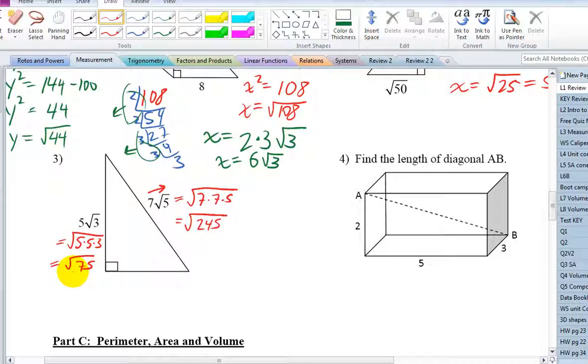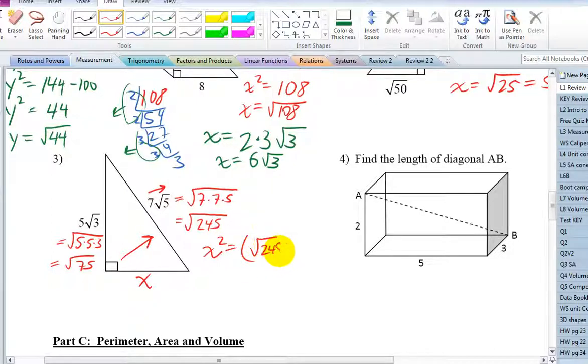Right. Okay, so let's find, what letter should we call this here? A, sure, M, B, anything really. What letter shouldn't you call it? C, because C we usually reserve for the hypotenuse, okay? So let's call it X. I like using X's a lot, if you haven't noticed. X squared equals